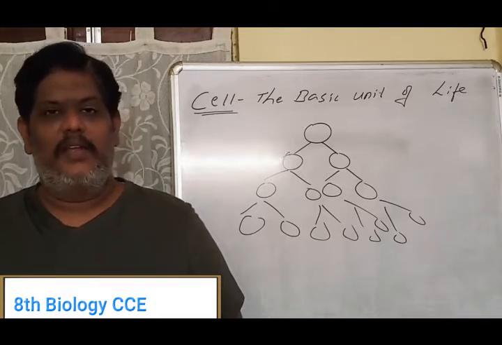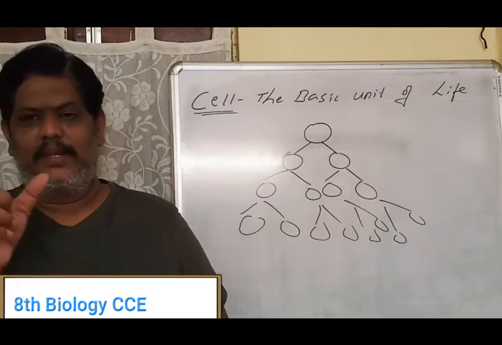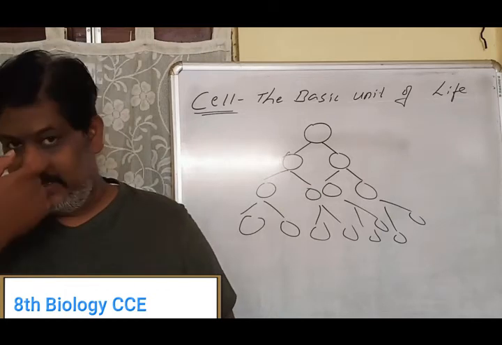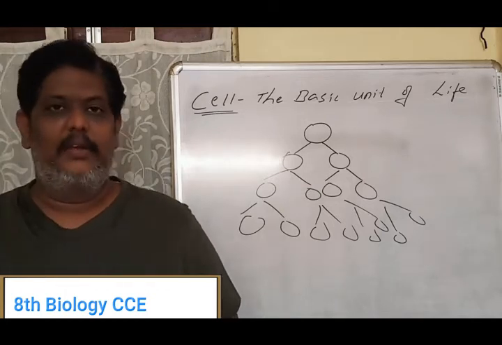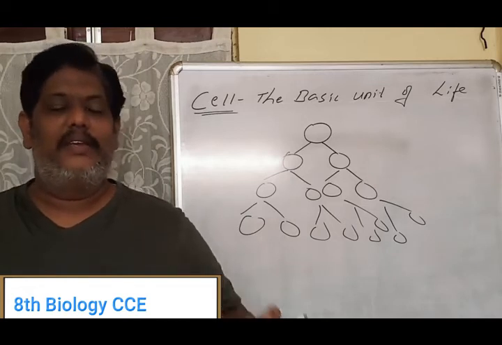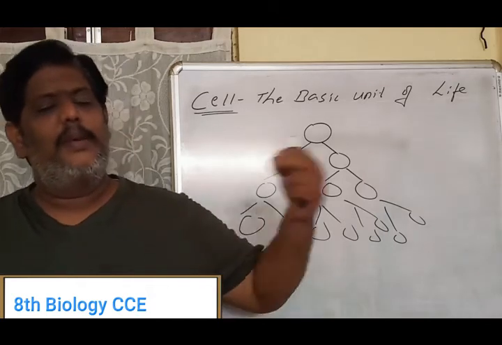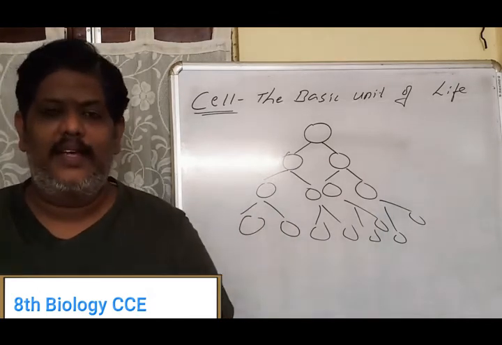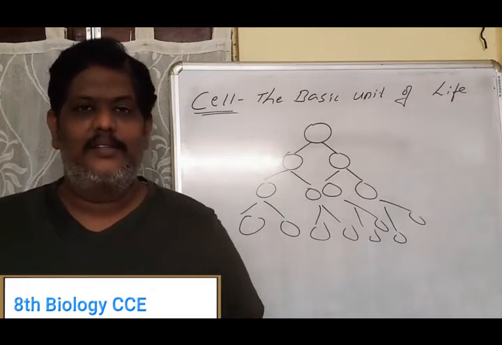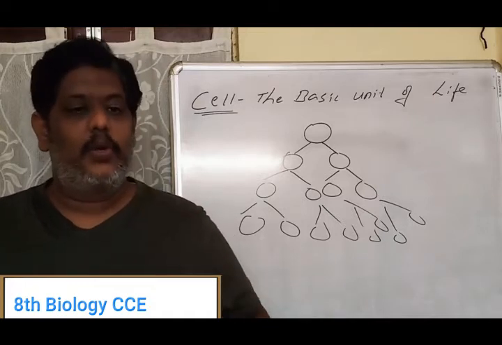Okay, you might have seen the slides in our labs. The slide will be very small, but once you keep it under the microscope, the thing which you're seeing on the slide will be more and more magnified so that you can see very clearly. It will be visible to your eyes. There are so many things around us which are not visible to our naked eyes, isn't it? So to observe them, a lot of scientists use the microscope.